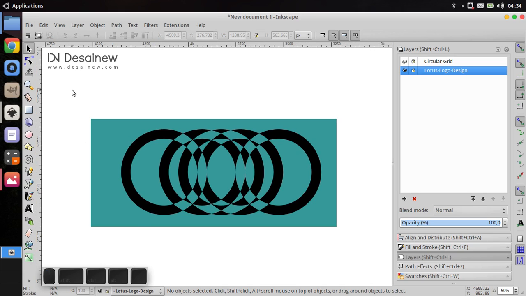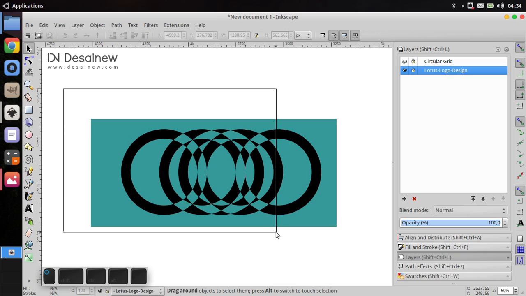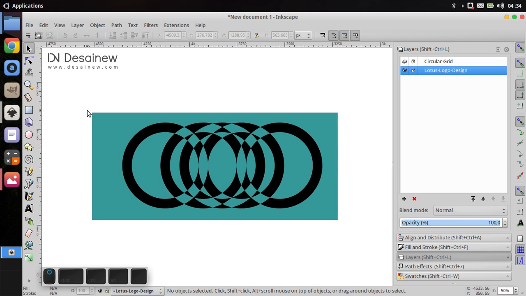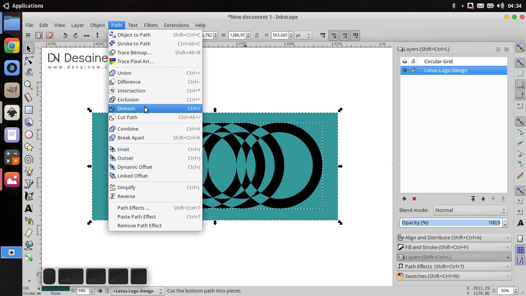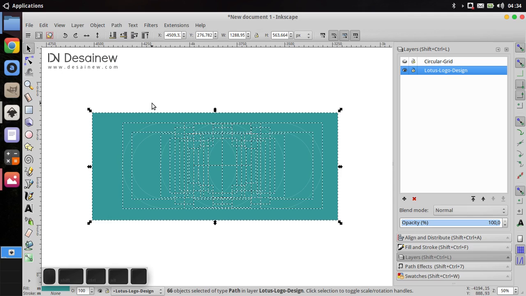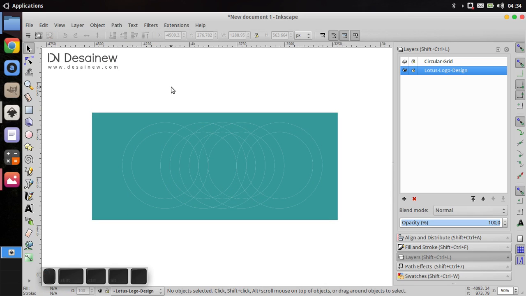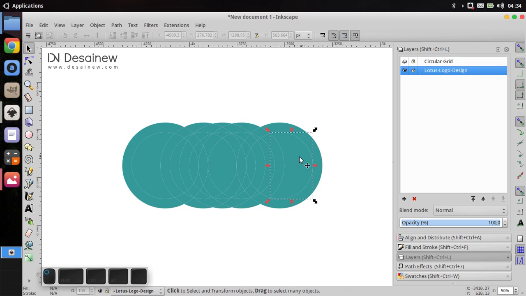Okay, select both objects and select path and choose division like this. Okay, then we remove the unnecessary parts of the object. You can delete this object one by one like this.